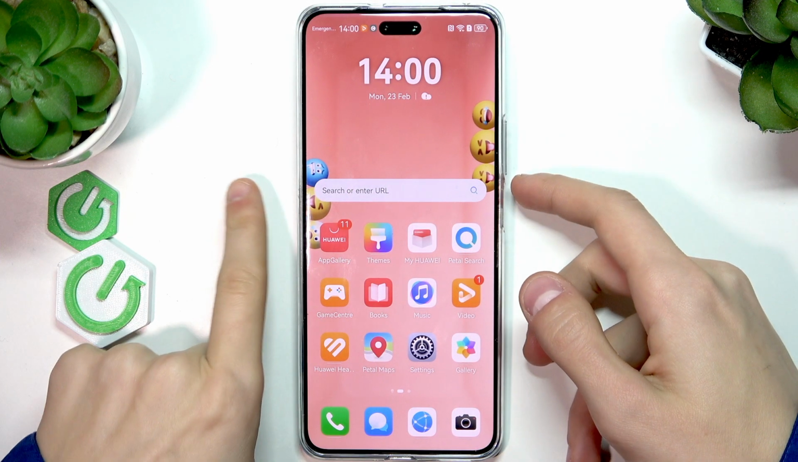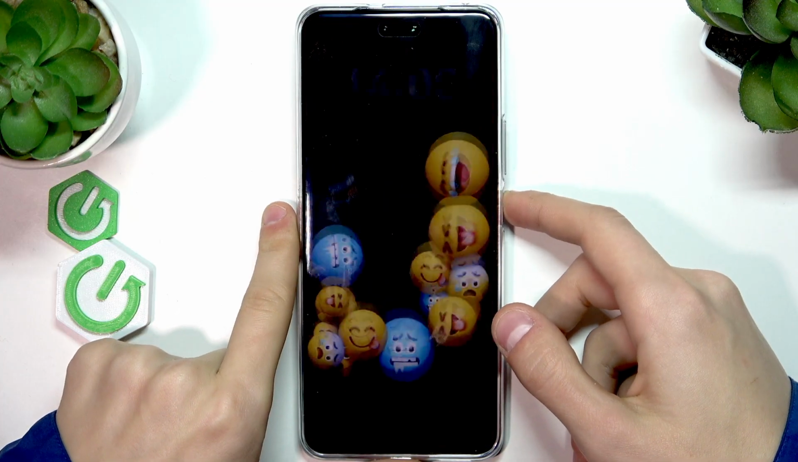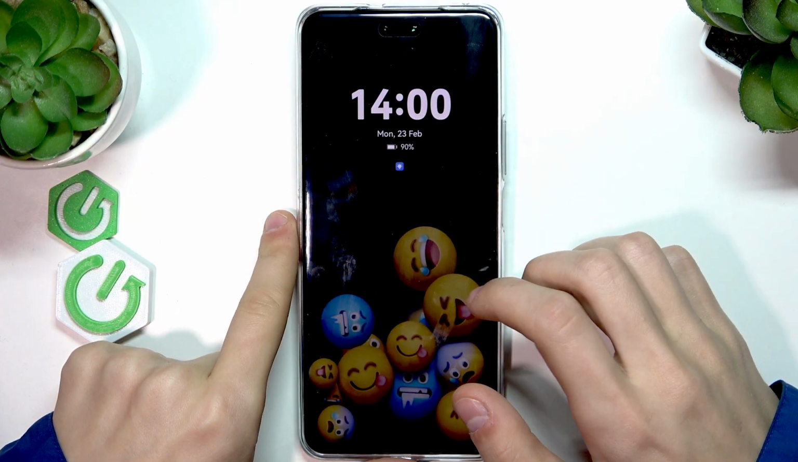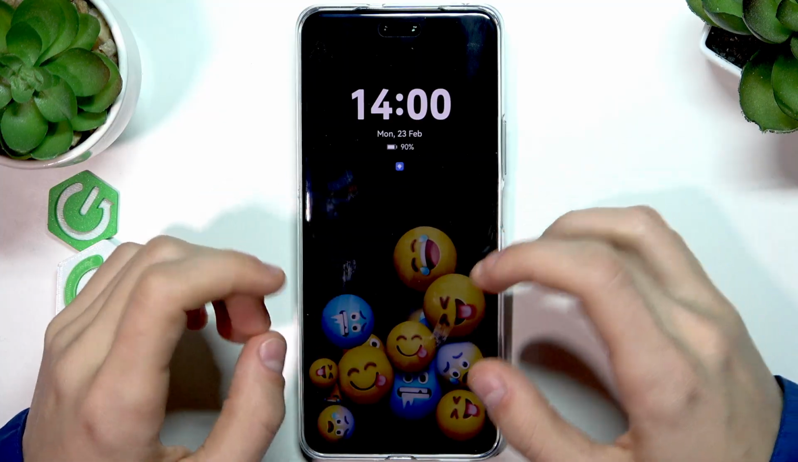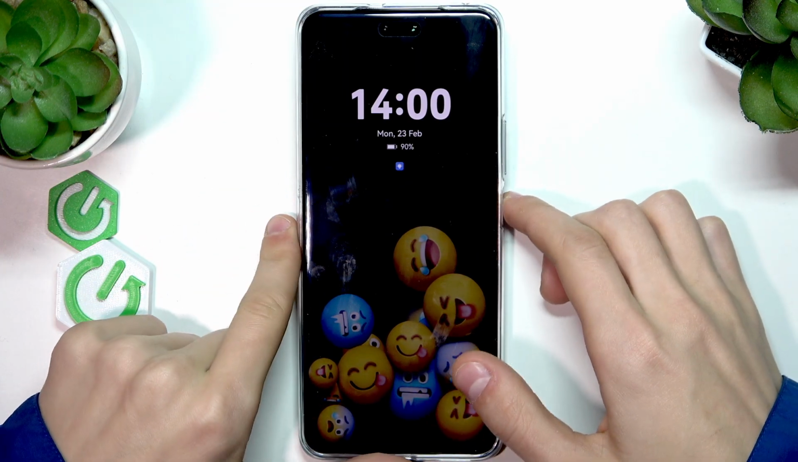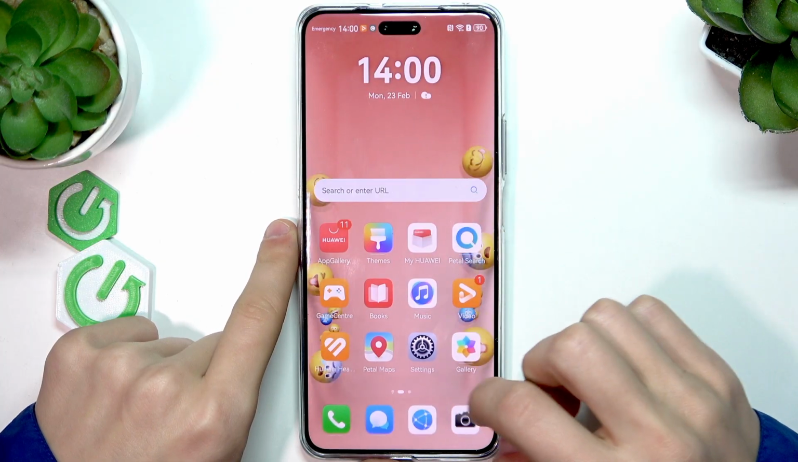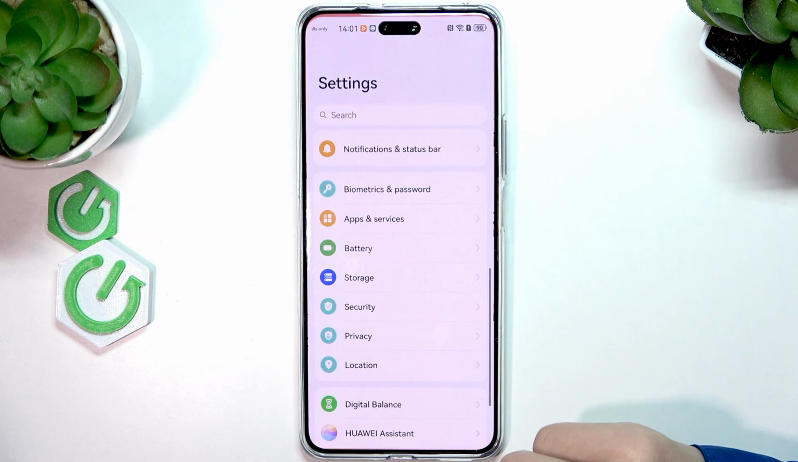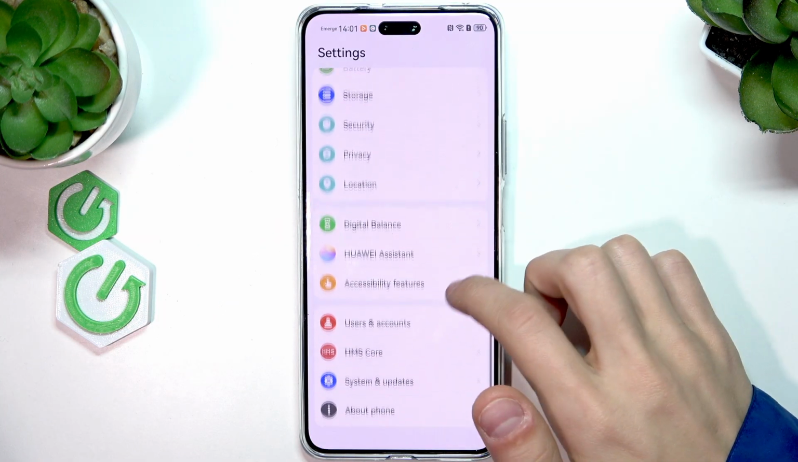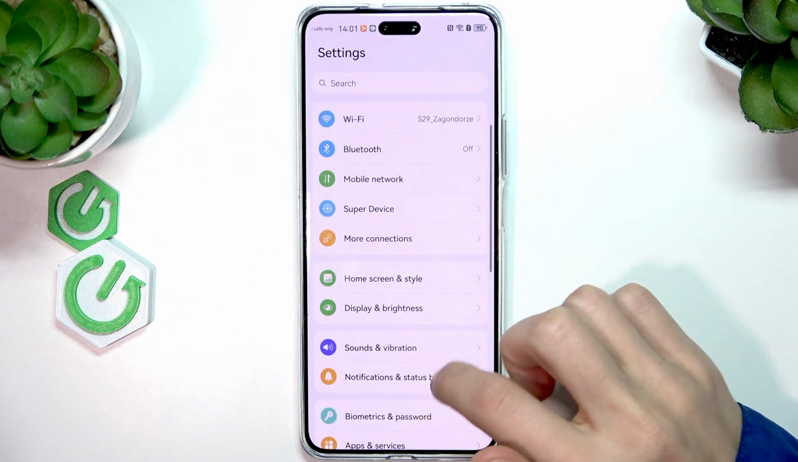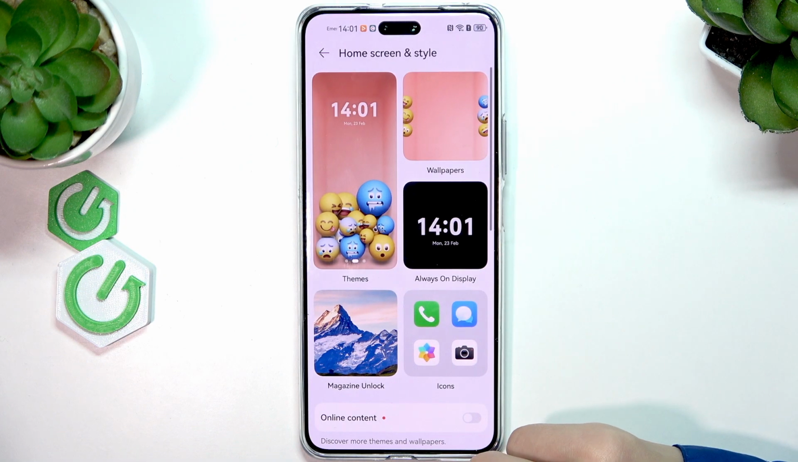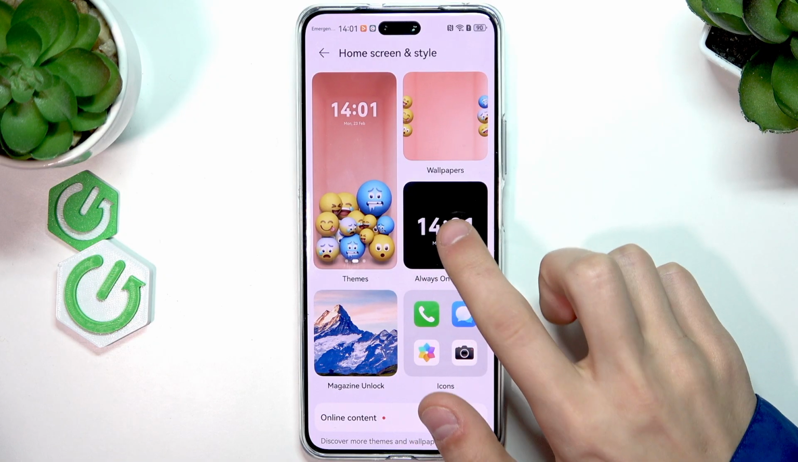So if you want to enable always on display, which is a screen that is on even when the phone is turned off, just like this, all you need to do is unlock the phone first, then go to settings, scroll down to the home screen and style section, tap on that, tap on always on display,